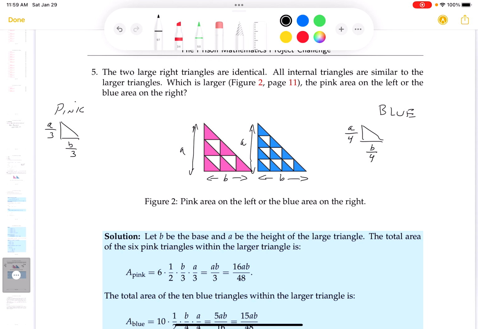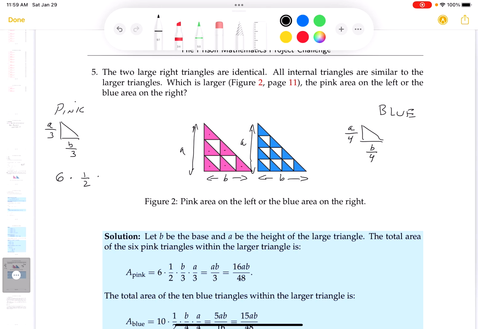Which is larger, the pink area on the left or the blue area on the right? Well, I got to start counting. There's going to be 1, 2, 3, 4, 5, 6. There's 6 of those pink triangles. What's the area of the pink triangle? 1/2